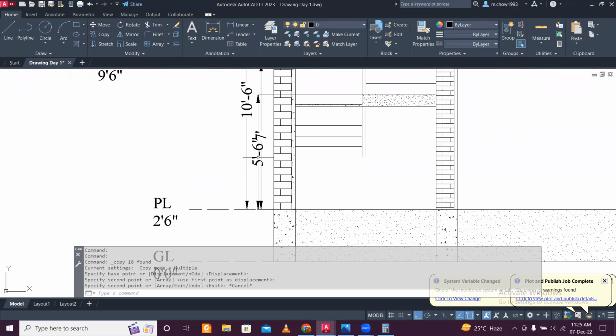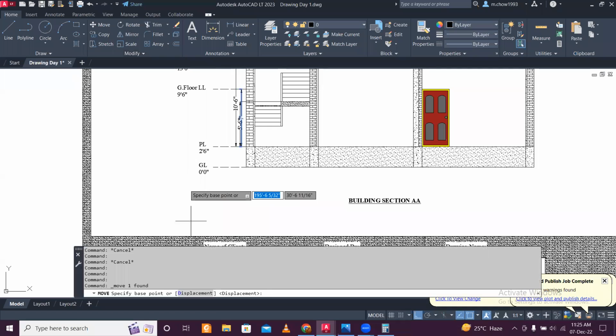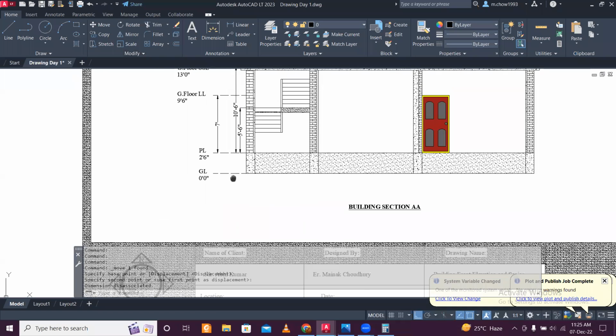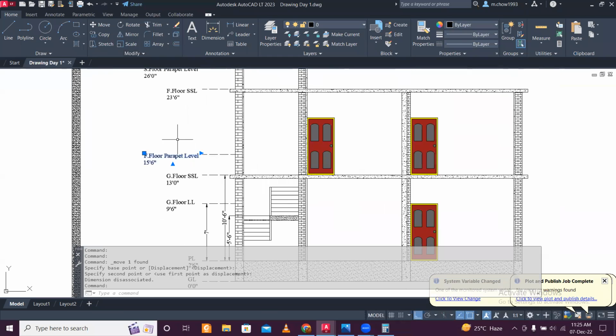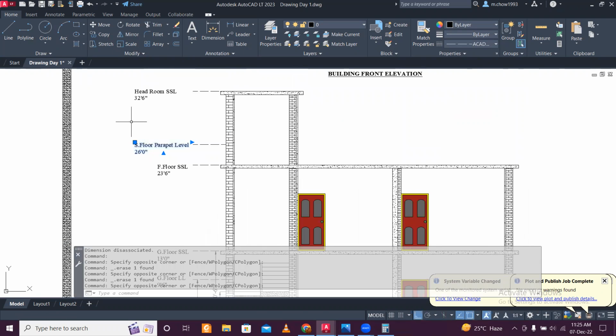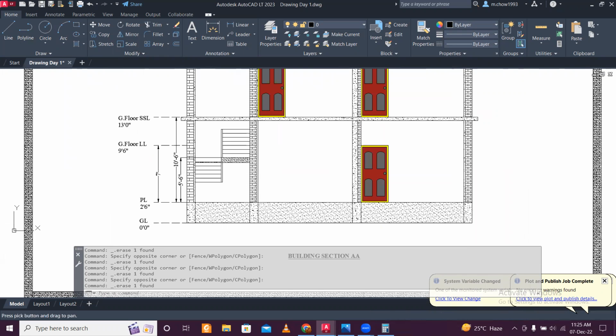Ground level, plinth level, let's see, this is the 5 feet, 7 feet lintel level. Obviously the 7 feet lintel level we have, ground floor lintel level 7 feet, and 5 feet 6 inches is a new one. Parapet level, we don't need to show it here since there is no parapet in the section visible. If you took the section in a different place, maybe parapet will also be visible, but it's a different story. So this is the thing,